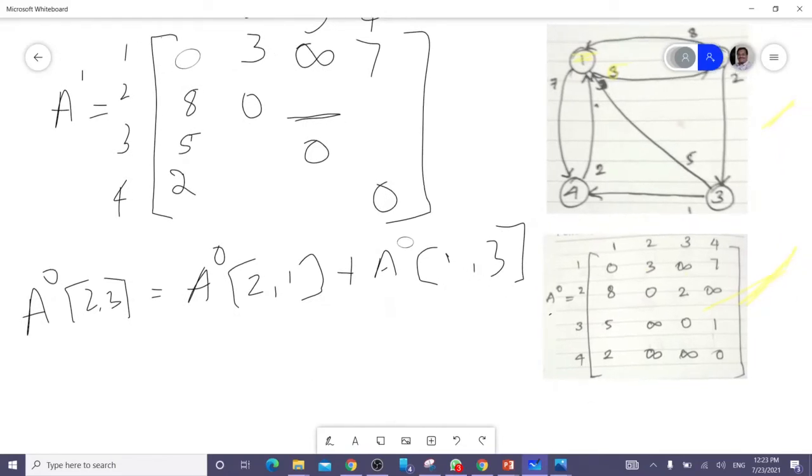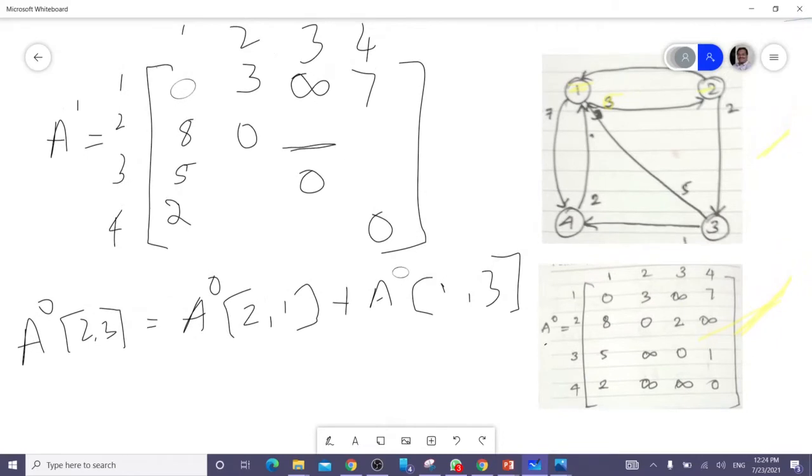The value of 2, 3 in the initial matrix A0 is 2. A0 of 2, 1 is 8.